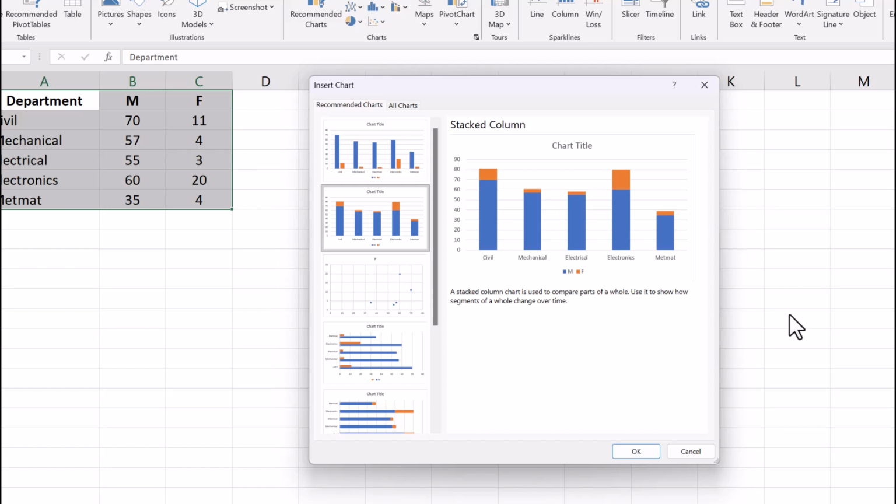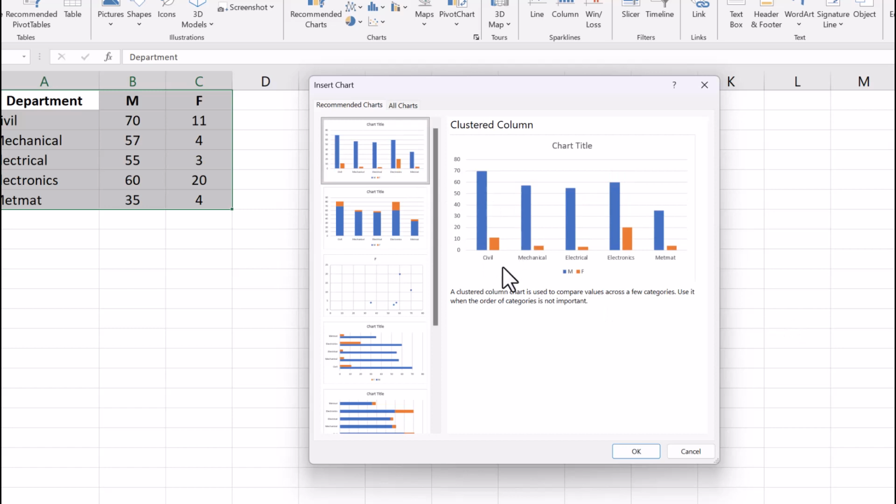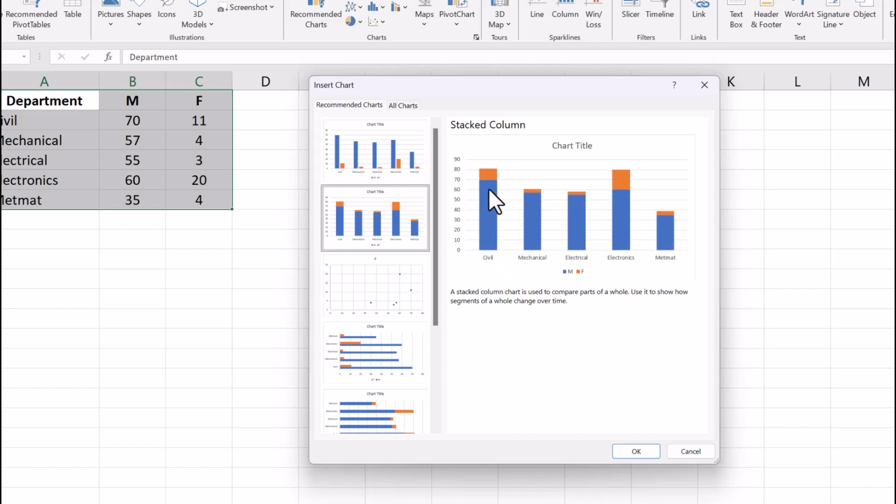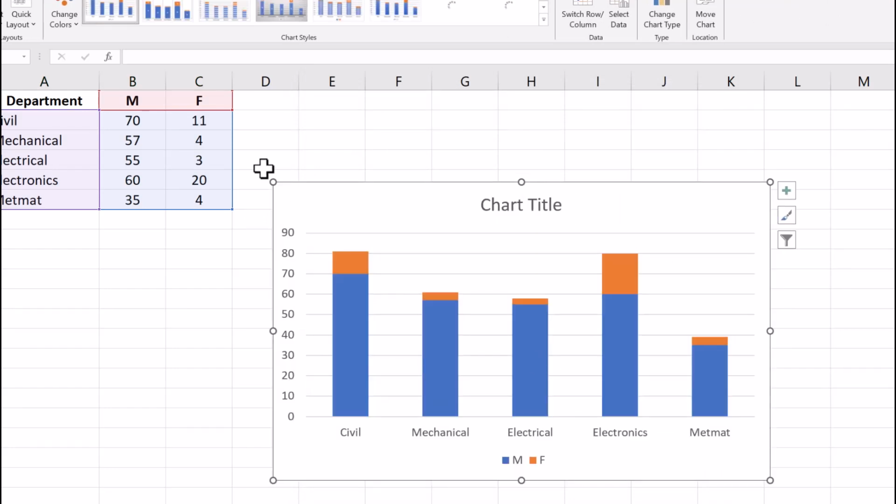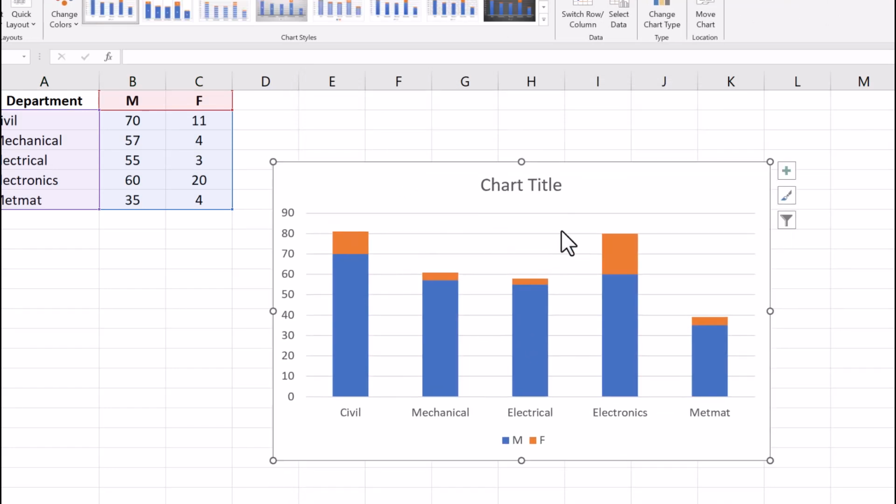Right, in our case, we have the male and then we have the female. In the previous one, we saw that these are clustered columns, where the groups were side by side, but this one is stacked on top. So a stacked column is used to compare part of a whole, to show how segments of a whole change over time. Now, in our case here, let's just click OK,